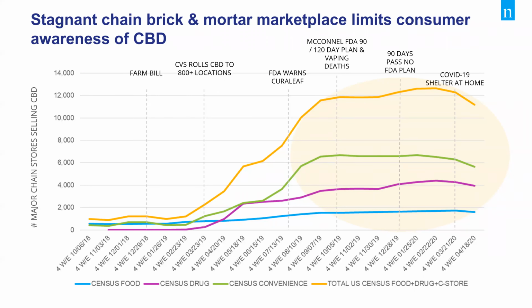Again, that 90 days passes, you see just a slight little bump overall, but then we really hit COVID, the shelter at home order for most parts of the country by the week ending March 21st, and we can start to see sales fall off. Now, if you go to the next slide,